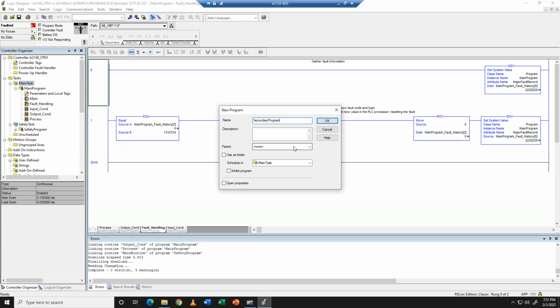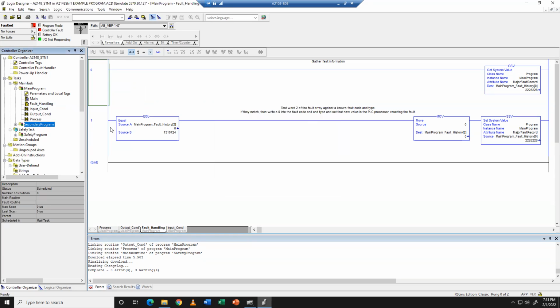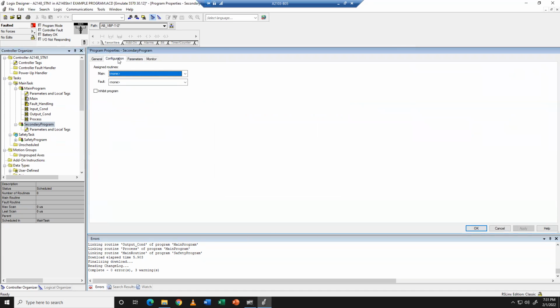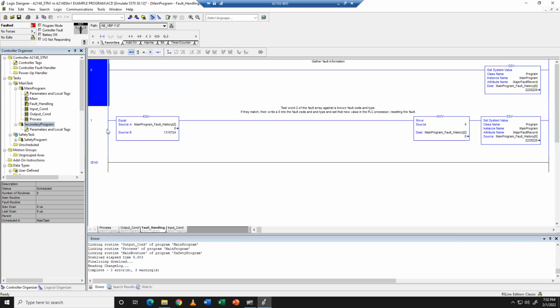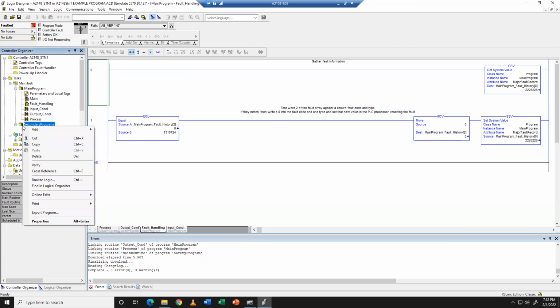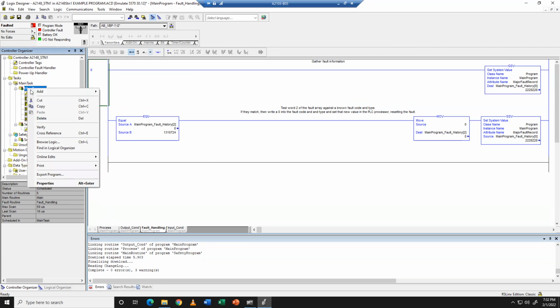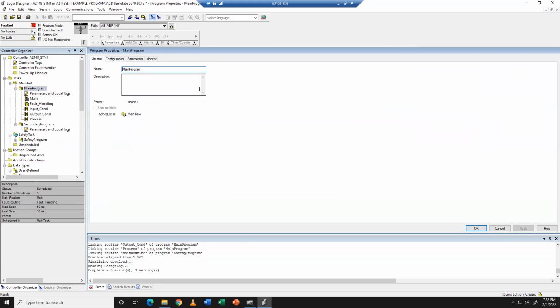So you can create secondary programs. By default, you do need to configure main and fault. You can configure main and fault routines in here. So a fresh new program has nothing configured. And that won't do anything. Here in the main program, you'll see